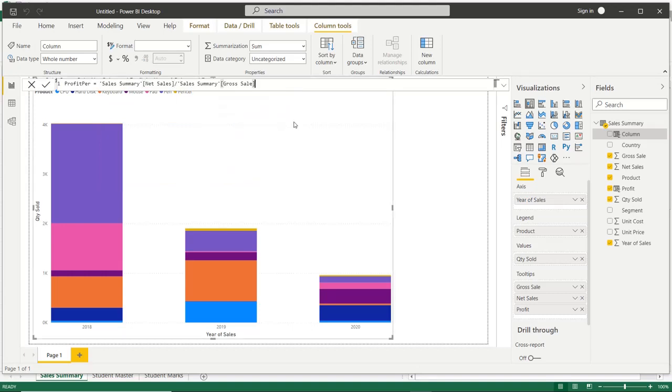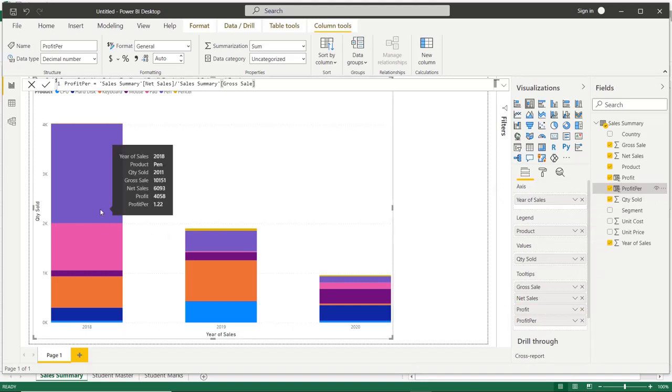This is the formula for calculating the percentage. Okay, tick this one. Okay, done. Now we have another calculated column, that is the profit percentage. Drag and drop in tooltip. You can see the figure for the profit percentage.